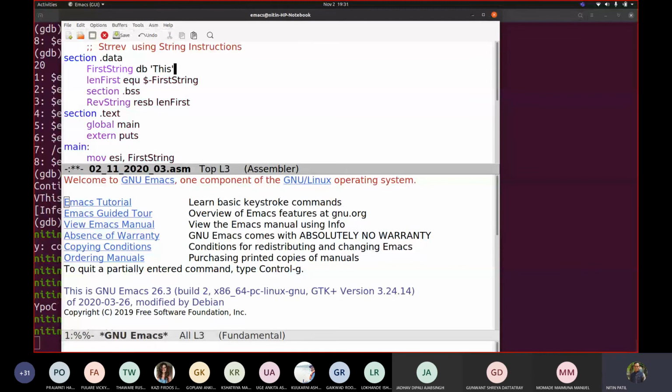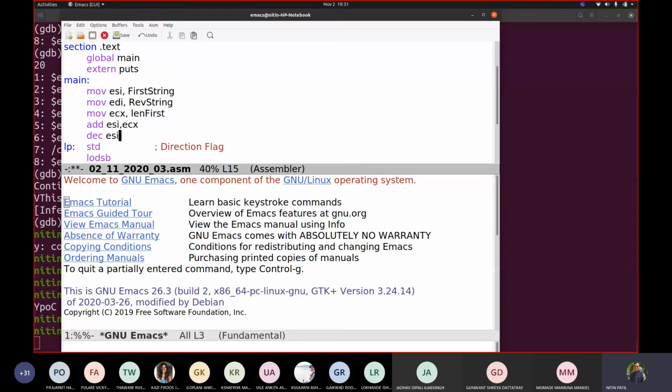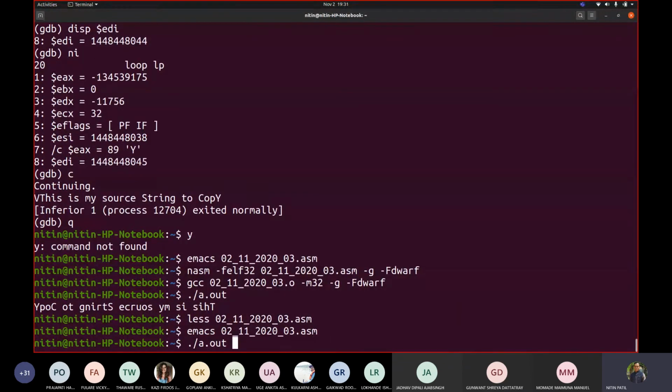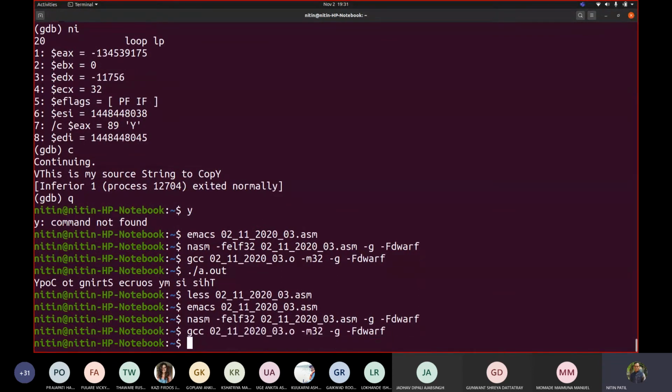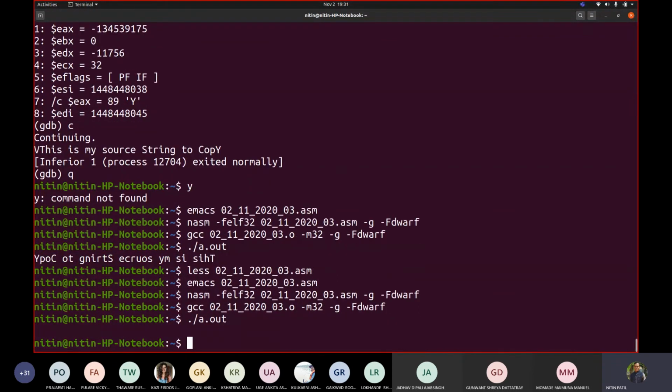I will comment this so that you can check what happens. Let us assemble, let us link, now execute. It displayed /0 because it is pointing to the last thing.